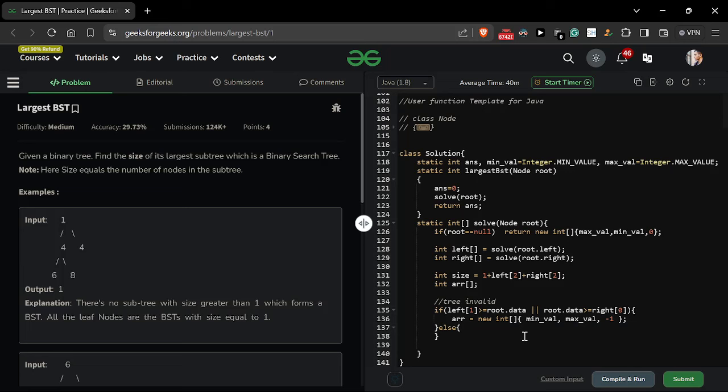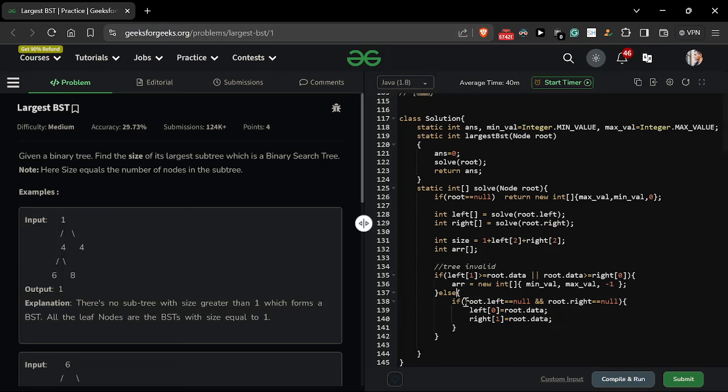So if our tree is valid, then just check, you can pass the check afterwards. So I am checking here. So if left and right are not null, this is a leaf node. So for the leaf node we have to return an array, this array. So for this we have to find the left hand side. Left hand side means minimum, maximum, and size. So for minimum